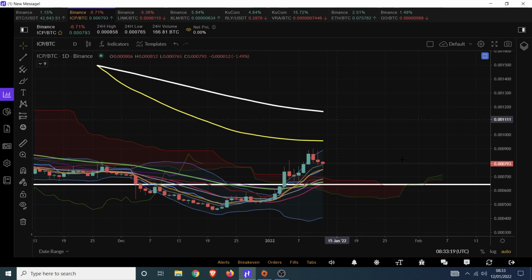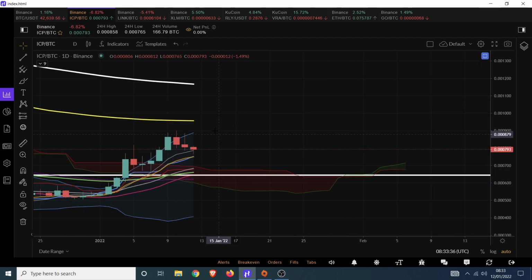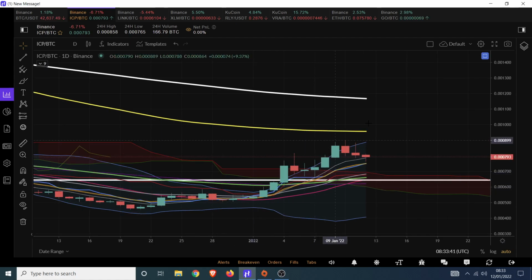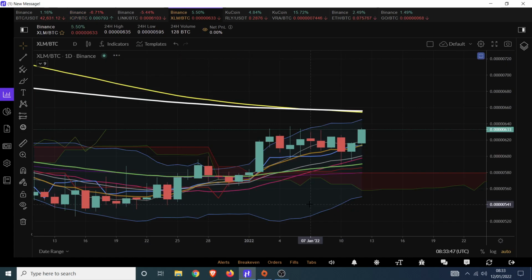So there are still some really good trades to be made with altcoins. Some altcoins are actually just destroying Bitcoin on these rallies, and I expect this sort of thing to continue, but this is the sort of thing you've got to be careful with. If you don't know what you're doing, or you're uncertain about what you're doing, or you don't really understand what I'm talking about, then don't do it, and just ride it out until we go into a more significant uptrend. But there are some gems, some real gems. Even XLM is working out like we expected as well. So it's all looking pretty good.